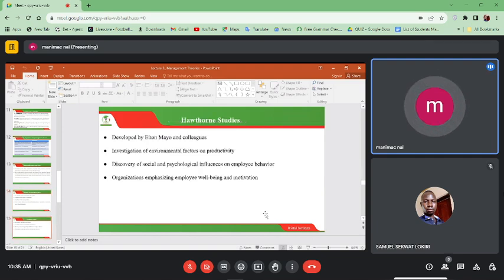Furthermore, we shall look at another theory of the Hawthorne studies, which was developed by Elton Mayo and his colleague. In this theory, it was designed simply to explore the avenues to increase workers' productivity in a working